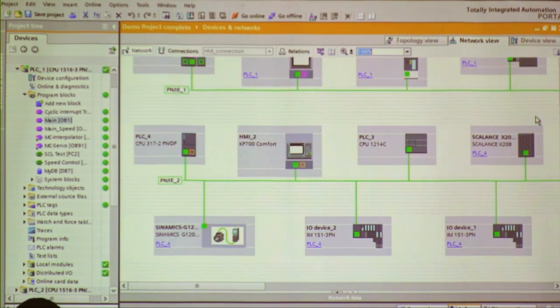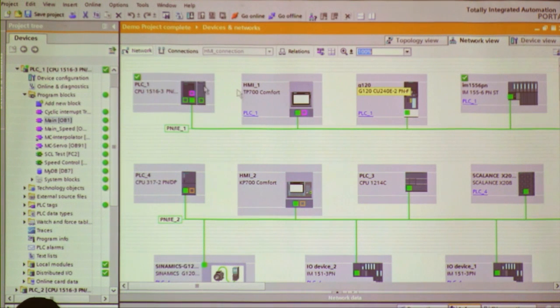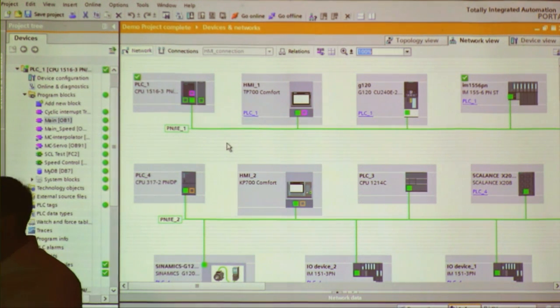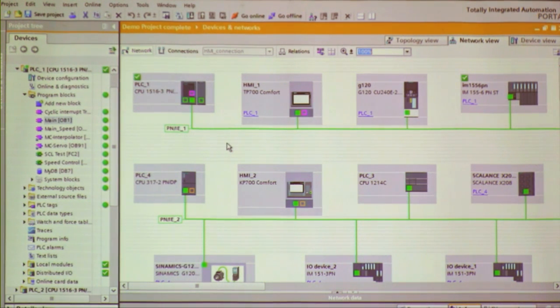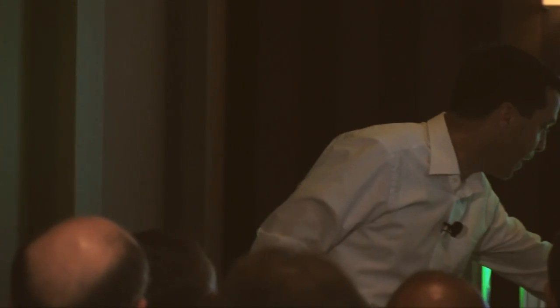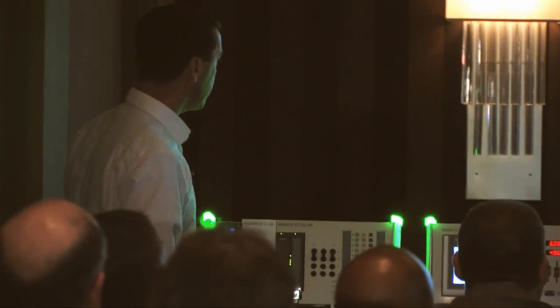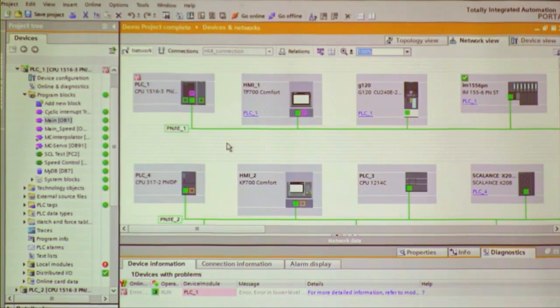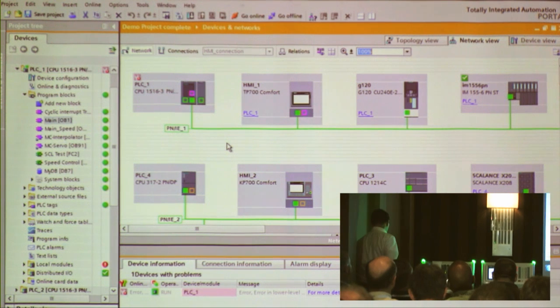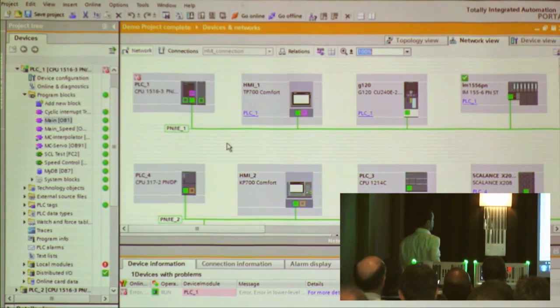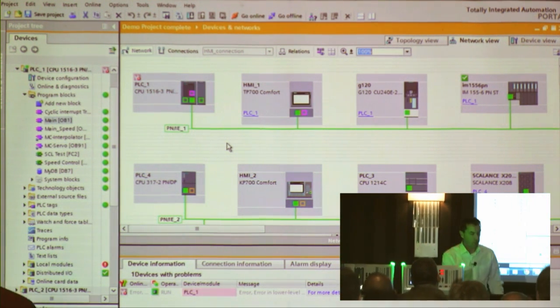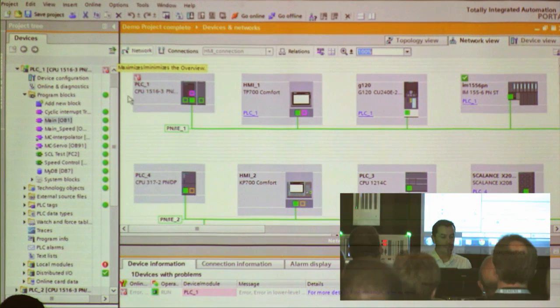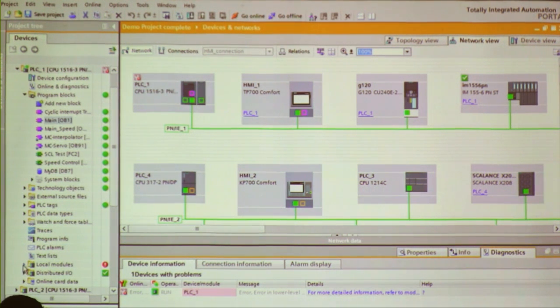On this top network, I have green icons, everything's happy. On this kit, I'm able to simulate a wire break. This is set up for one of these channels so you can see what happens. If I hit the wire break on this kit, a red LED comes in on the module here. The display updates, but look what the engineering did as well. So in the engineering, you see a fault indication on the PLC, and if I open up my local modules,